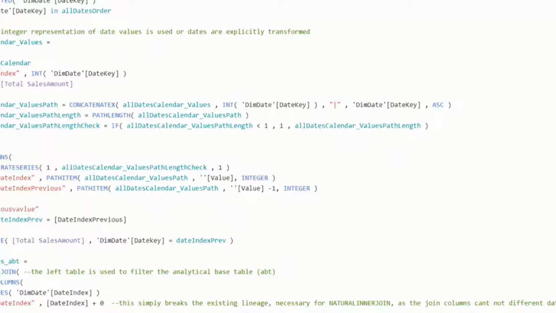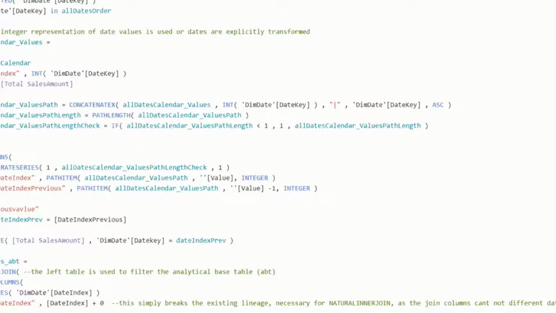As CONCATENATEX is one of the table iterator functions that creates a string, I'm using the pipe sign as a separator. The pipe sign is very important because it is what DAX uses to traverse a path. So each item, in this case a date key, is separated by the pipe sign,